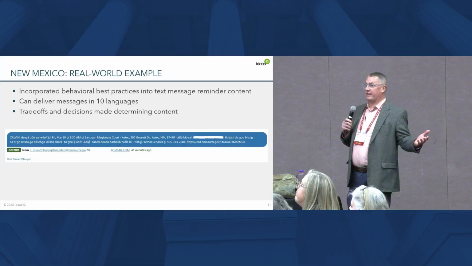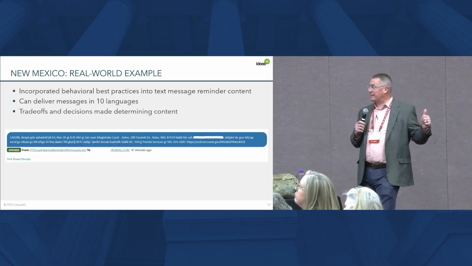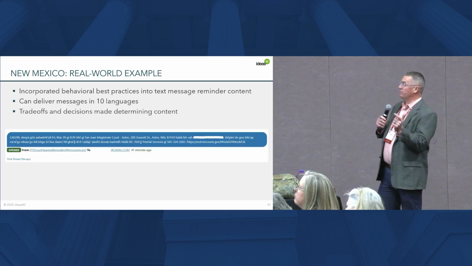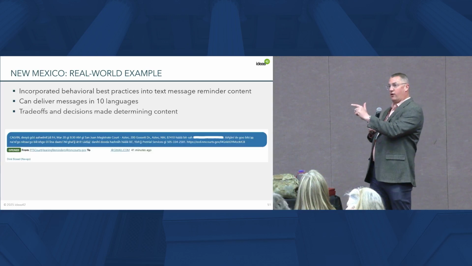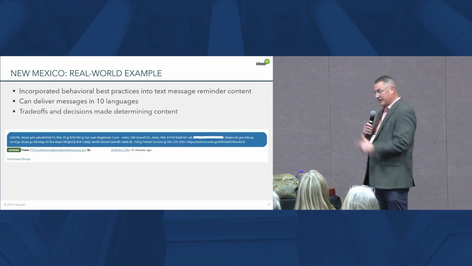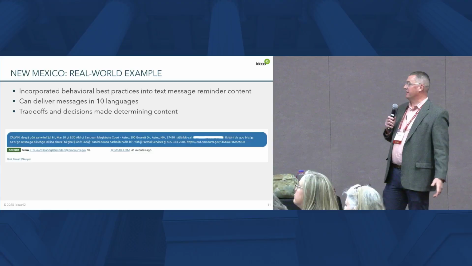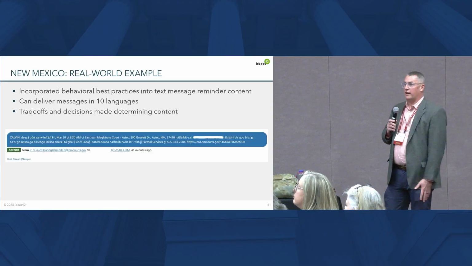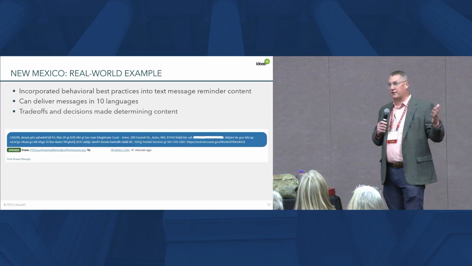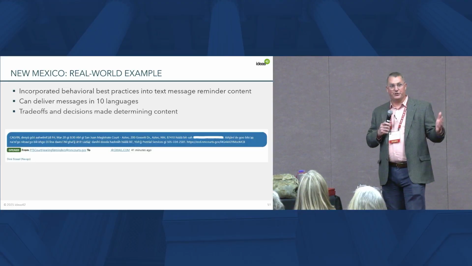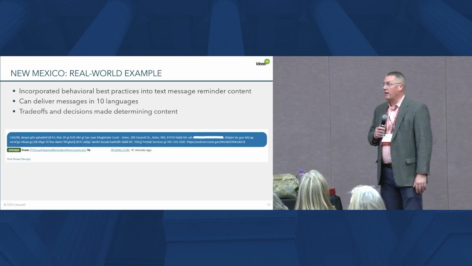And one of the cool things with eCourt Date, we were able to go through and pull the top 10 languages in New Mexico and send them through our language access services group. And they translated all of our messages into 10 different languages. And so on the screen is a message in Diné or Navajo. Because we do have Navajo Nation as part of New Mexico, we wanted to make sure that we're reaching out to that community as well and getting them timely messages.